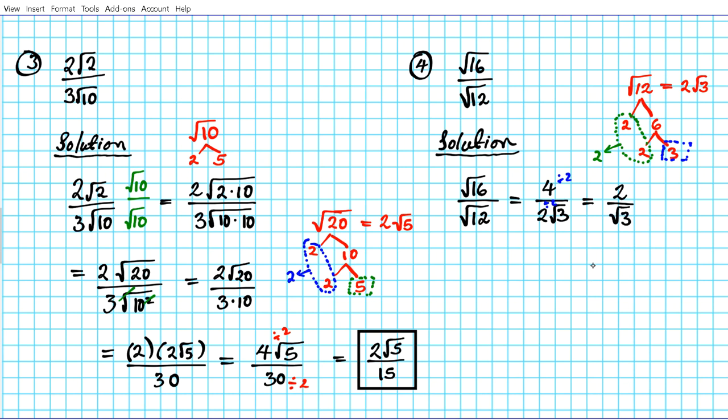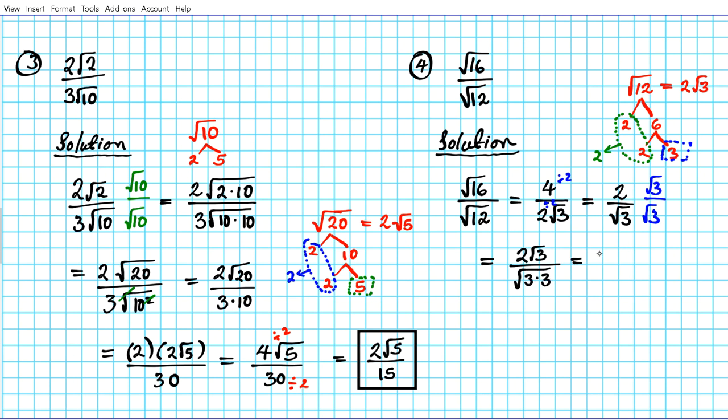All right, now let's go ahead and get rid of the radical in the denominator, because you can't have a radical in the denominator position. So we're going to multiply by a variation of 1, namely root 3 over root 3. The goal is to create a root of a perfect square in the denominator. Alrighty, so if we do that, we're going to have 2 root 3 divided by the square root of 3 times 3,